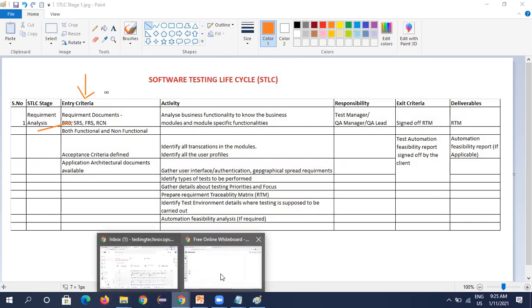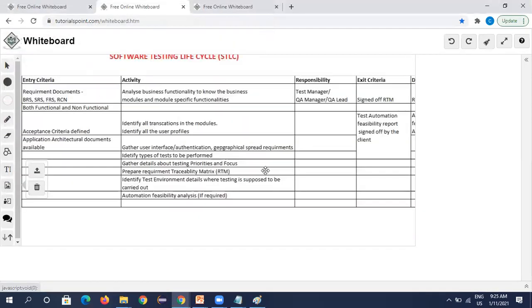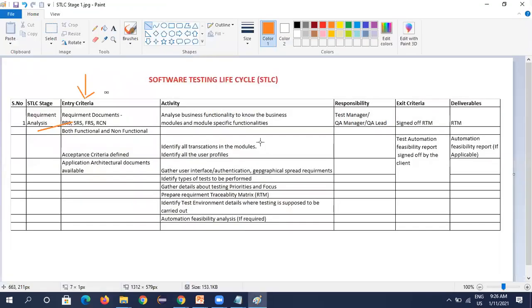We can verify what is happening here, the FRS document and all these things. The second point is that these documents should consider both functional and non-functional information.